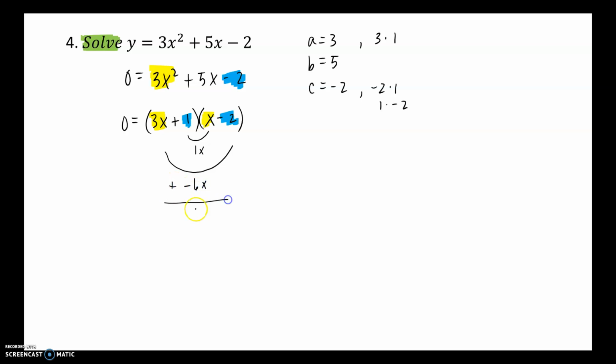When I add those together, they add to negative 5. Well, what do we need them to add to? Positive 5. So I'm in good shape. The only thing I have to change, I have to change these. So it should be positive 2 and negative 1. Then I get 3x times 2 is a positive 6x, negative